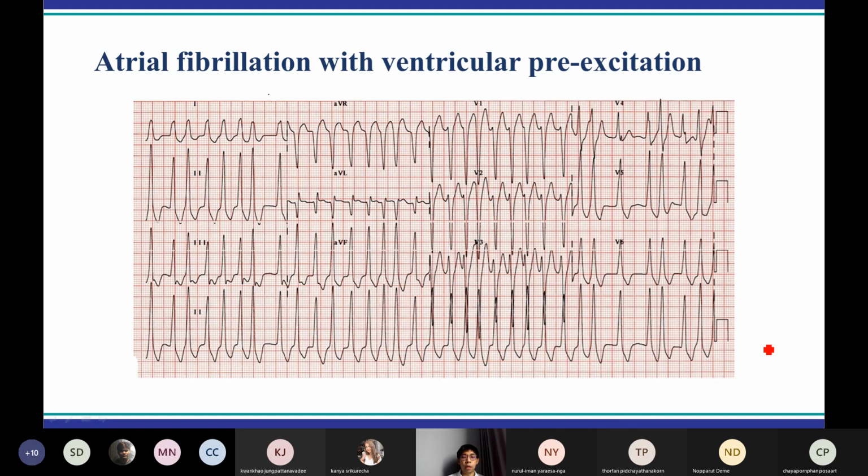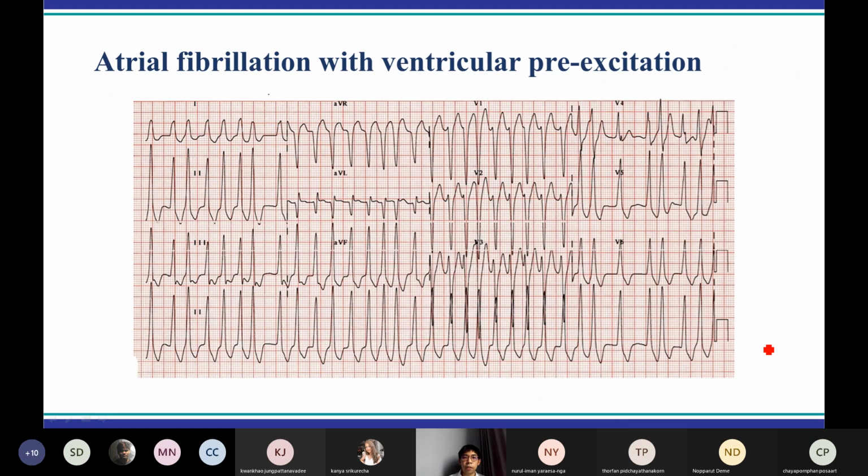Usually, when the patient doesn't have pre-excitation, the AV node, which has decremental property, could slow down the rate of AFib by preventing some of the signals from being transferred to the ventricle. But when the patient has pre-excitation, has the second accessory pathway,